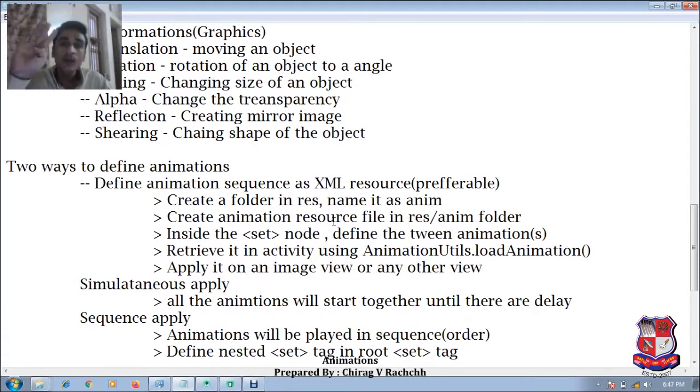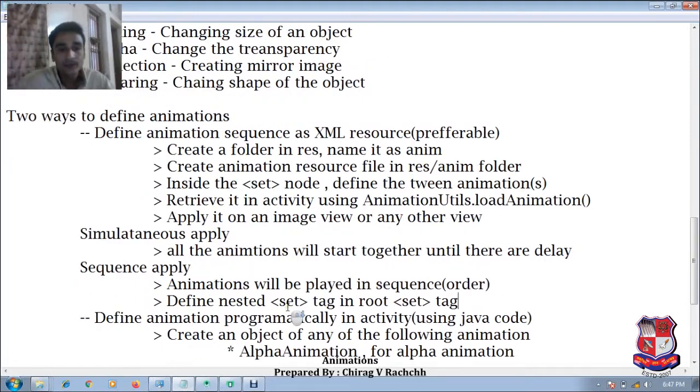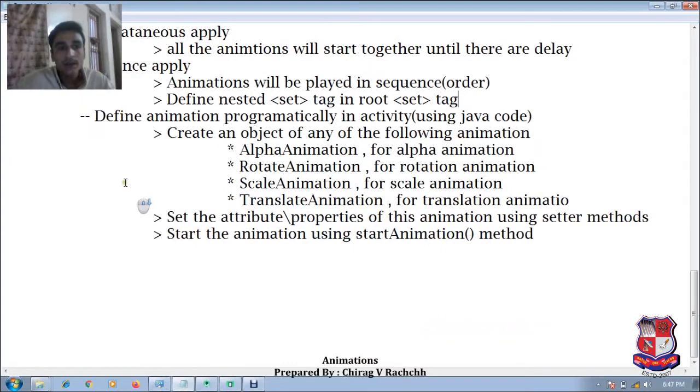So we have 4 tween animations: alpha animation, translation, scaling and rotation. Another way is to define animation programmatically in an activity using Java code.